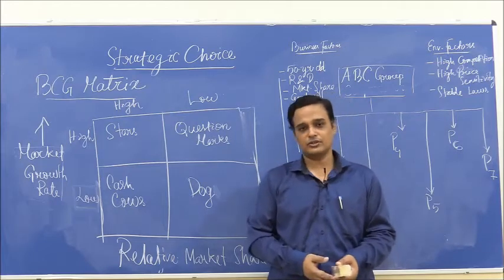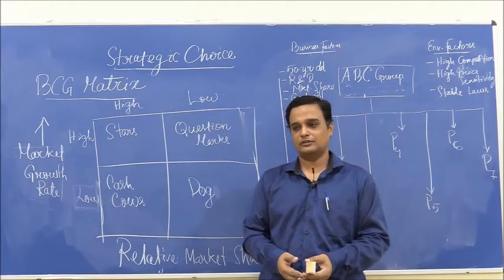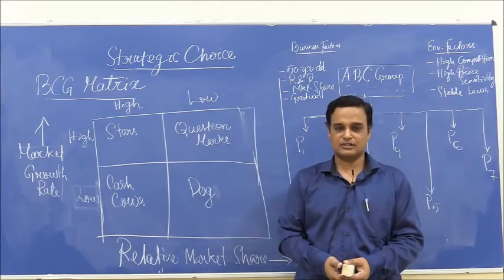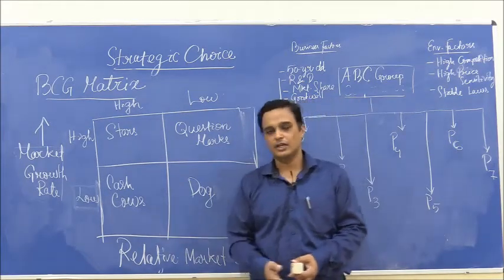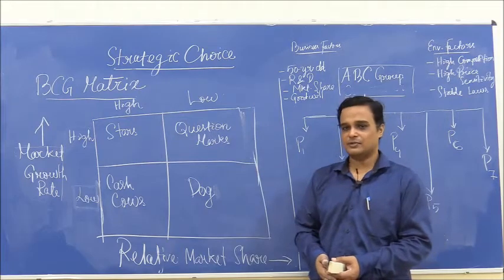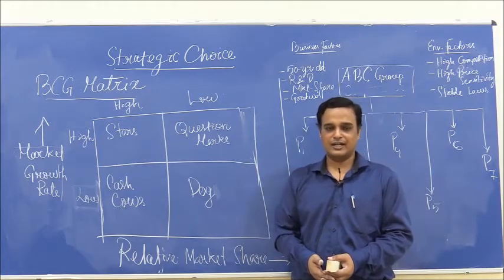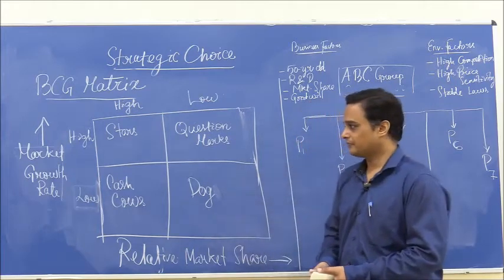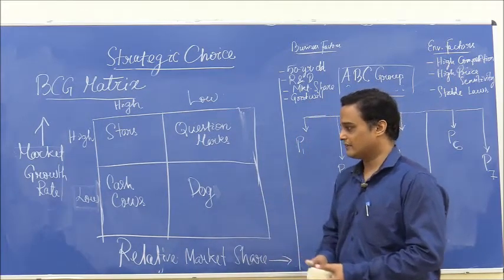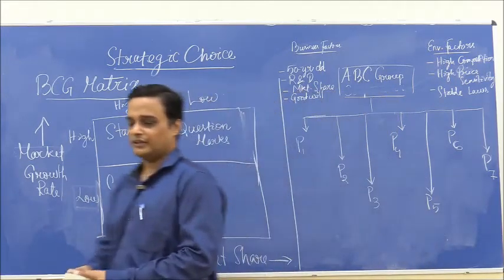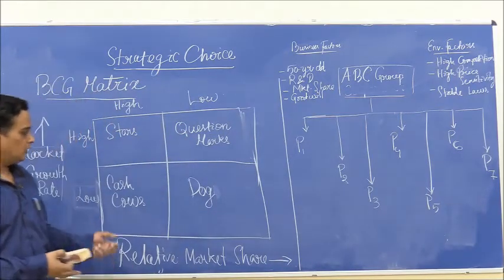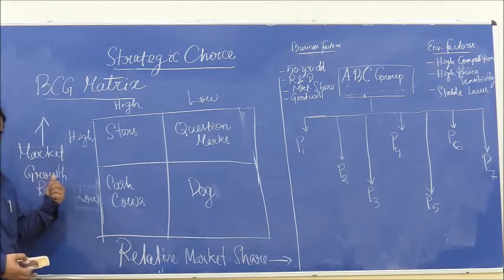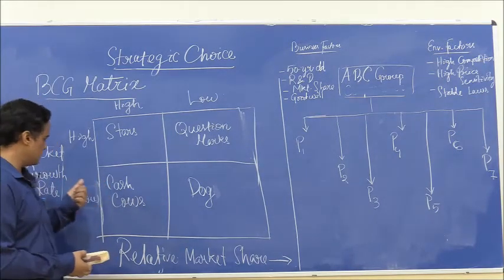As the name suggests, it was proposed with the help of McKinsey consultants and BCG consultants, and has been used ever since to analyze companies who have multiple product lines. Now, it is in the form of a 2x2 matrix, as you can see, and this matrix has been formed on the basis of two factors, a comparison between two factors.